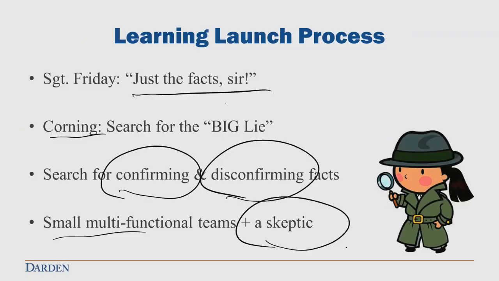The reason I want a small, diverse team is my cognitive blindness is different than yours. So we'll all see different things, and therefore we've got to share and collaborate. My favorite person on the team is a skeptic. Why is a skeptic so important? A skeptic is how we protect ourselves from confirmation bias. I have a subconscious need to find evidence that my idea was a good one because it was my idea. That's human nature. You can't change it, so you might as well figure out how to mitigate it.